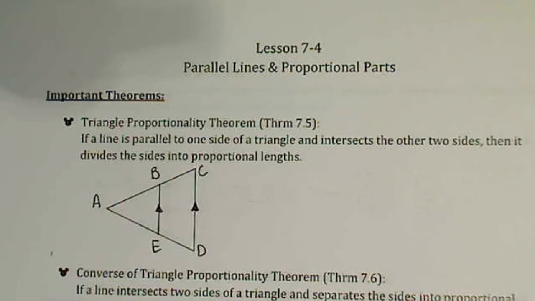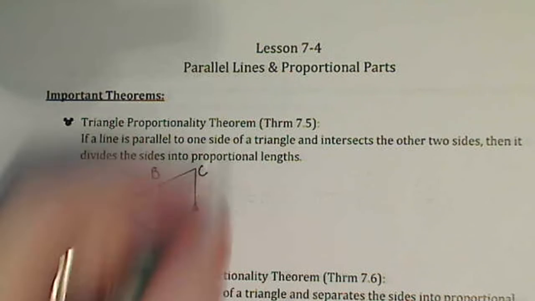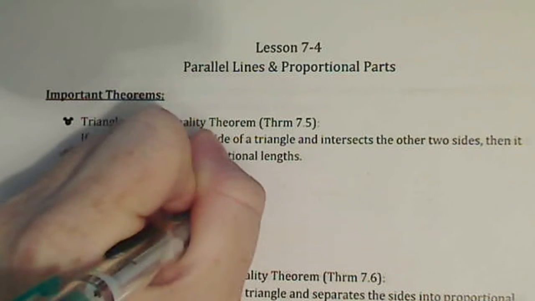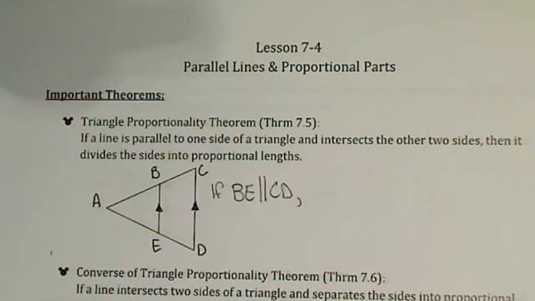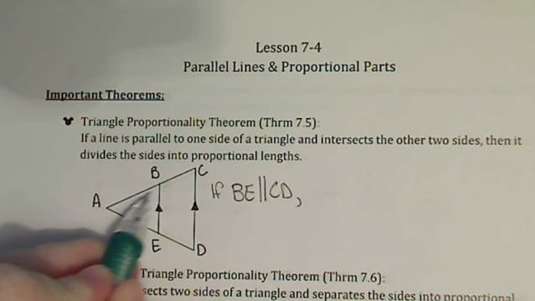The first theorem is talking about triangle proportionality. And what that means is if you start out with two lines that are parallel within a triangle, then what that does is it's going to divide your triangles into proportional side lengths. So what does that mean? That means if BE and CD are parallel. So let's write that down. If BE is parallel to CD,